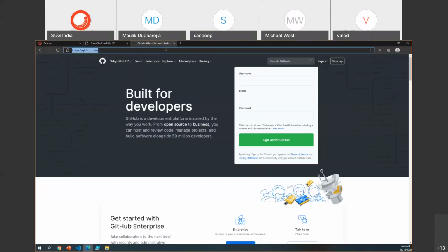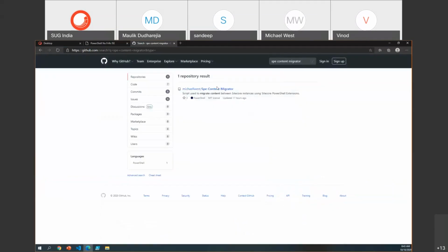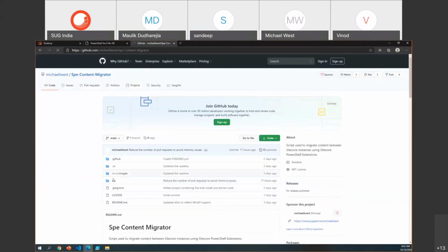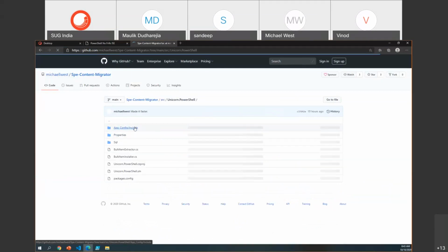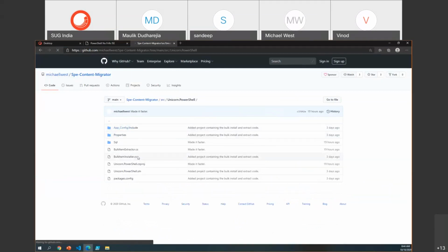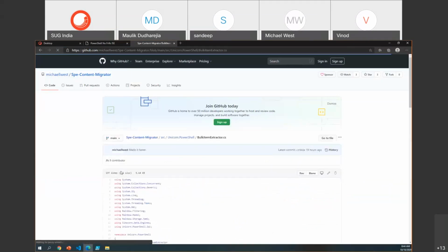All right, so on GitHub, if I'm not logged in this browser, so if we go to SPE Content Migrator, that might bring me up. Okay, and what makes this work is a combination of the SPE Remoting and, I don't know, I probably could have come up with a better library name, but this is what I started off with. I've created a bulk item extractor and installer. And so this code runs on both sides. So you get the extractor that runs on the